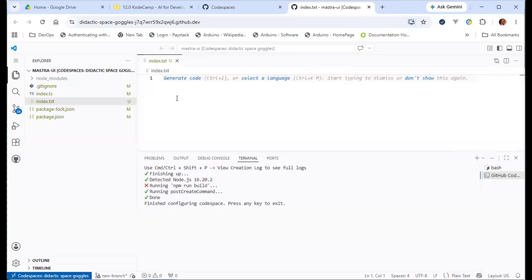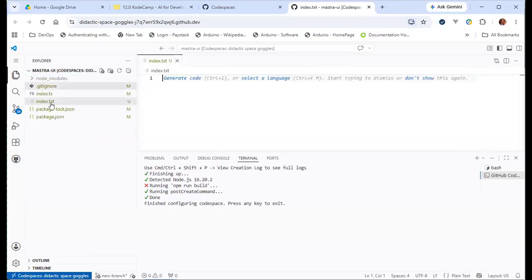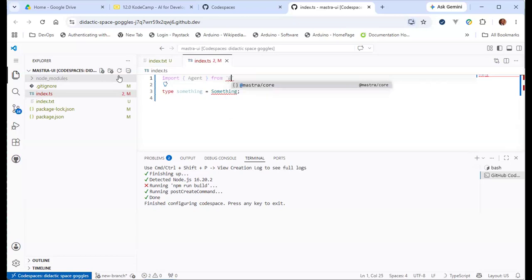Okay, so maybe that's what was blocking me. Too many changes to track. So putting this in gitignore has released it. All right. So I'll change this to another file. We're trying to basically import Agent from Mastra Core agents. So that's the basic primitive to do that.